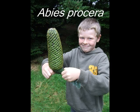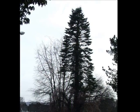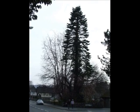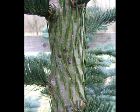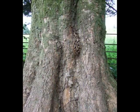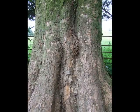This short video is intended to help you identify Abies procera. The noble fir typically takes a relatively columnar and upright shape as it develops, with relatively level branches. Young bark is a smooth grey, still coated in the upward pointing green needles, but this then develops to a light brown, lightly fissured, slightly scaly bark as it matures, often with quite a lot of fluting at the base